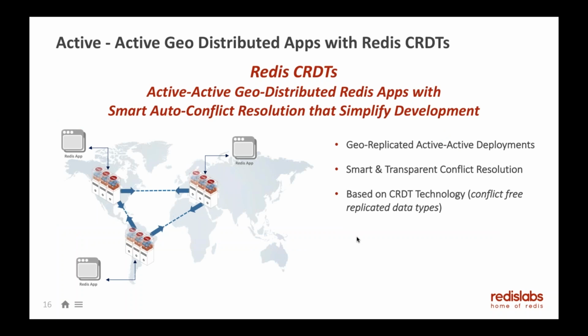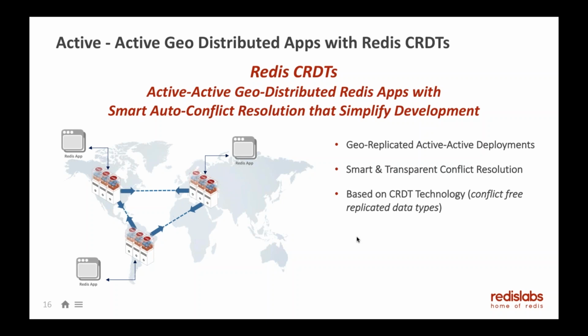All right, so let's drill a little further into what CRDTs provide. Fundamentally, therefore, active-active geo-distributed applications, our implementation in Redis allows Redis applications to do this with smart auto-conflict resolution that simplifies development. I'm going to drill into each one of these words here and give you an overview as to why. So let's start with